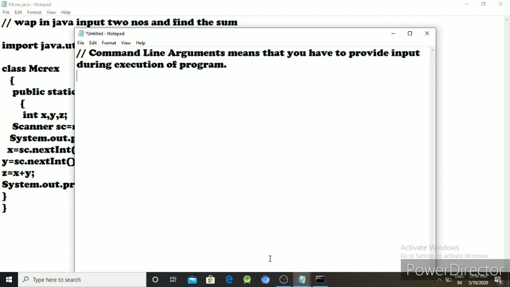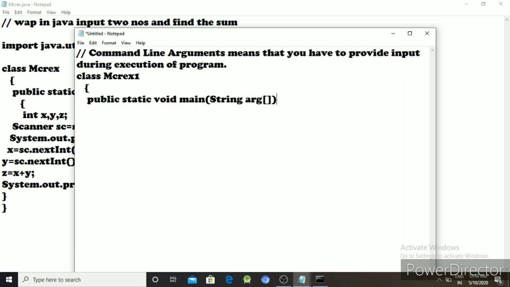So let us see the program and how to use it. First class name is MCR EX1. Then the structure: public static void main, then String arg.